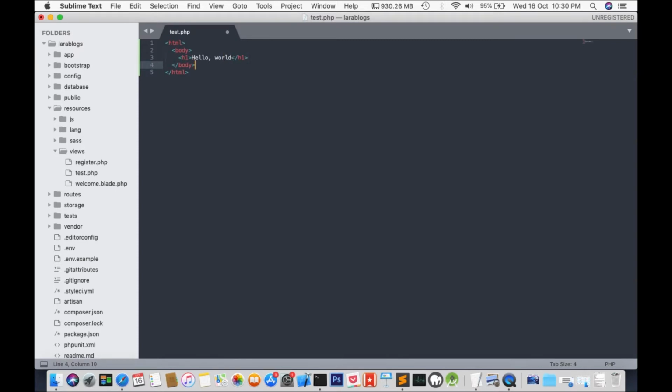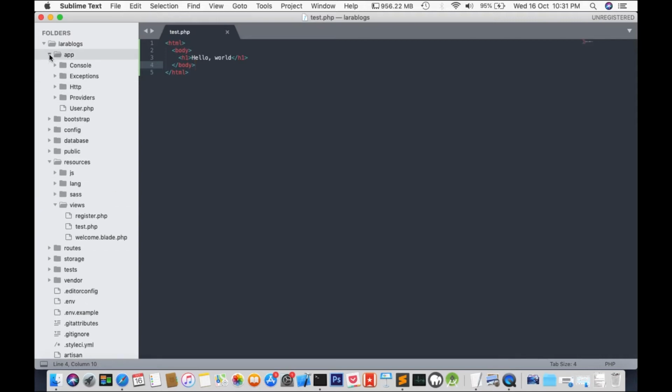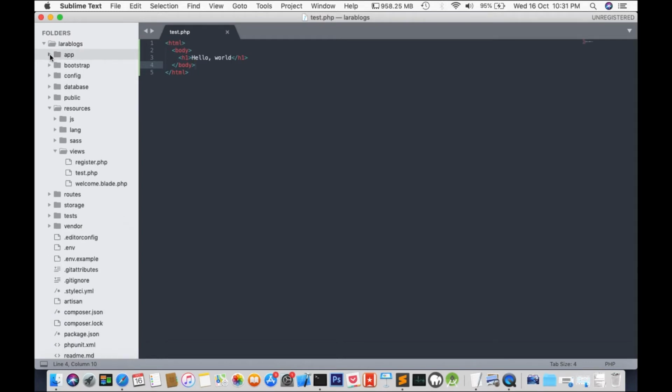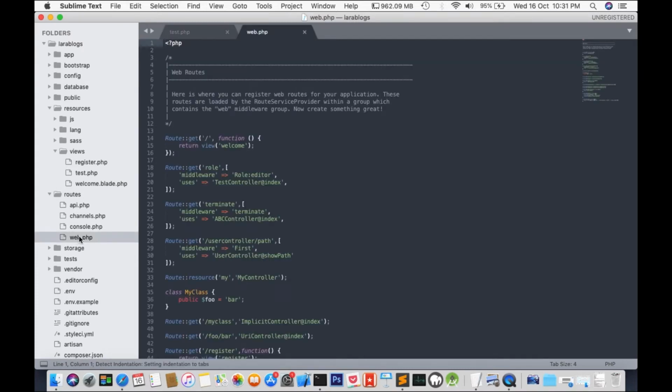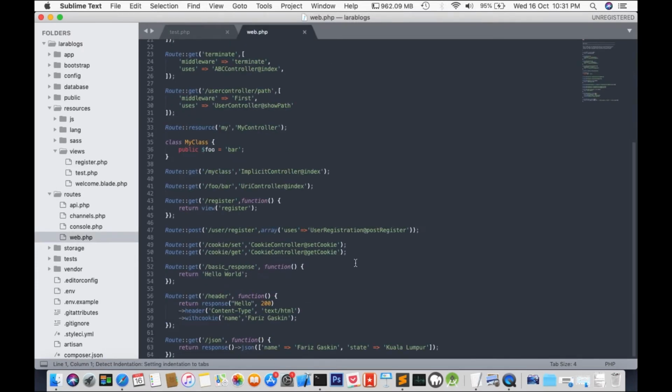Okay, that's it. And let's go to web.php. I think it's somewhere in the app folder. Well, I can't quite remember. It's in the routes folder. Okay, web.php. I'm just gonna add a new route